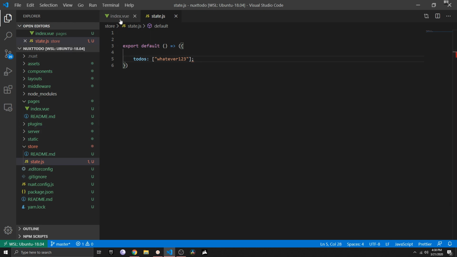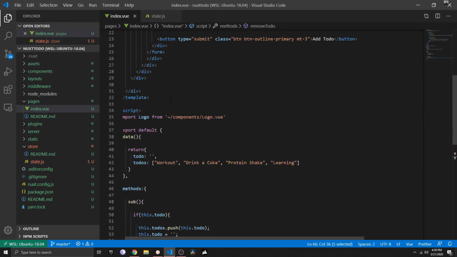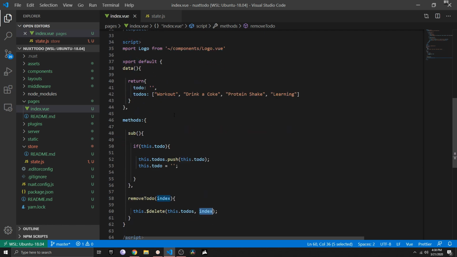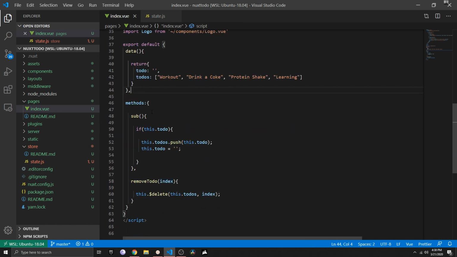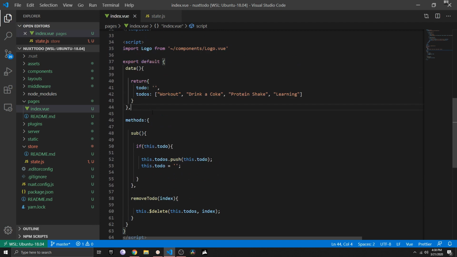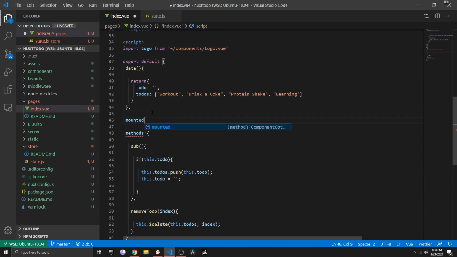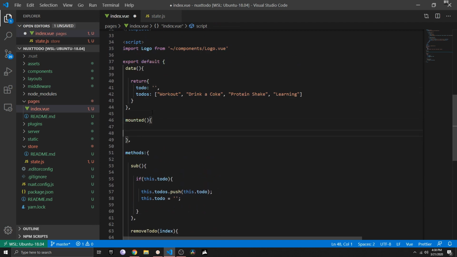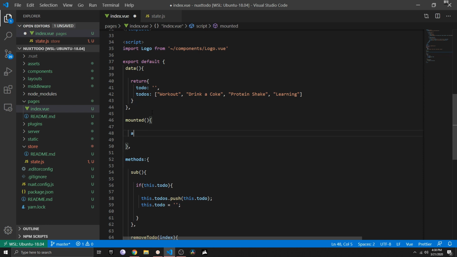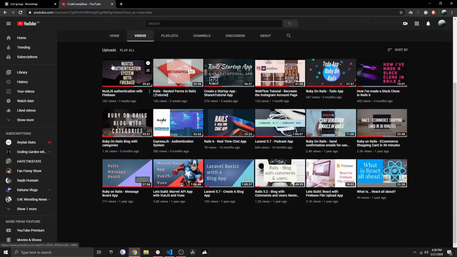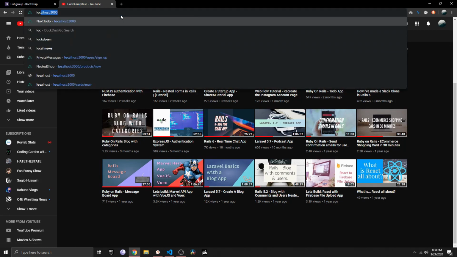And with that, we can now head over to our index file. And here, actually, we haven't added the mounted method yet. So let's add here mounted, like so, add a comma. And whenever we have mounted this component or the page in this case, let's just print out this dot store state to-dos. And normally we should get back, when I head over to localhost 3000,